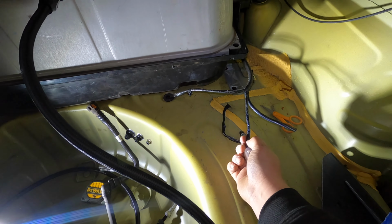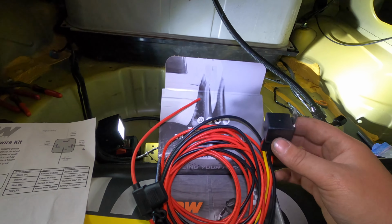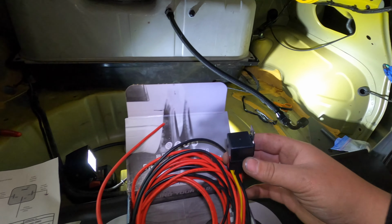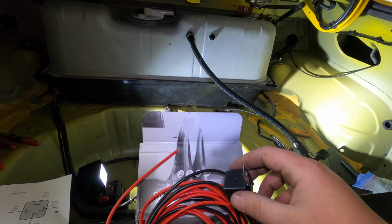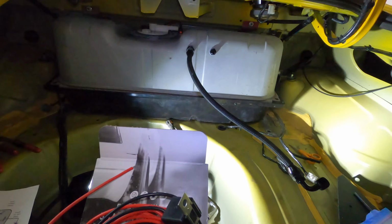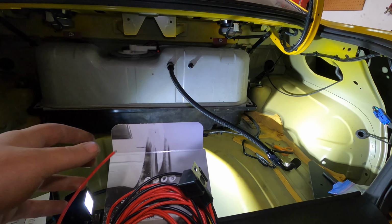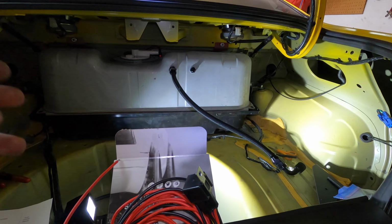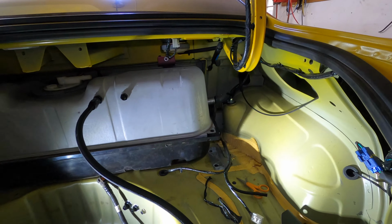pump with power, and we're going to splice the hot wire kit into that and use that as a trigger wire for our relay, so that whenever the car wants the fuel pump to be on, it's going to trip this relay, and then it will start drawing power from the actual battery and have its own standalone fuse, relay, and power source. So let's go ahead and get set up here, and we will start getting this thing